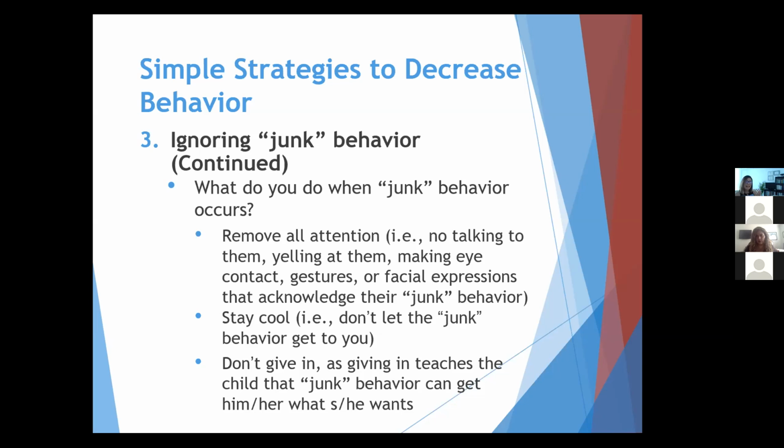But if it's to get access to something, then you want to make sure that you not only remove that attention so you don't attend to it, but that you don't allow it to access, that you don't give in, right? And the thing is, at the end of the day, if giving in is giving them what they want, whether it's something that they asked for and you told them no, for instance, or it's you paying attention to